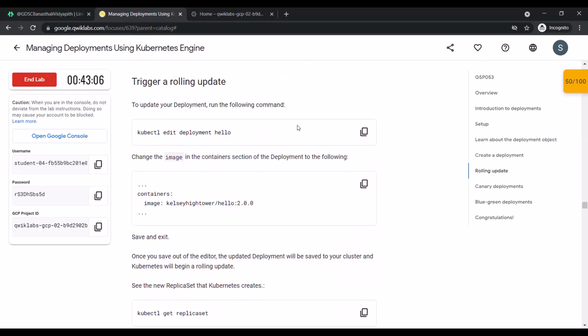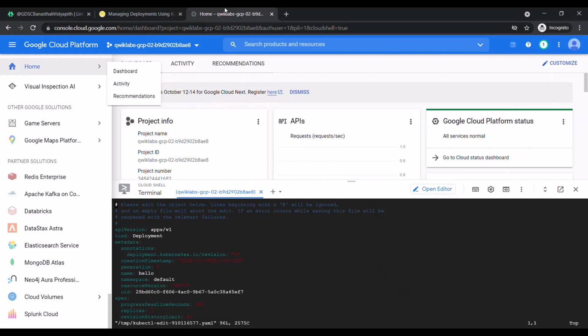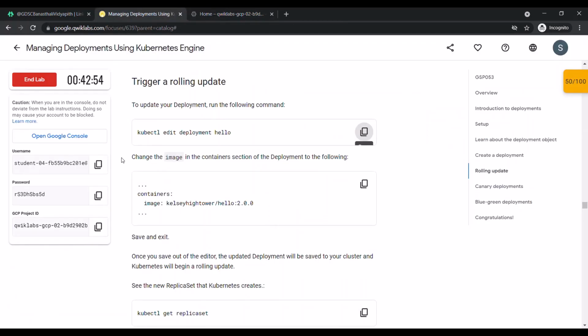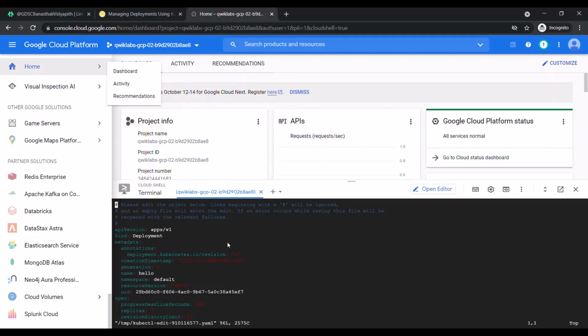Now to update our deployments, we need to run the following command. Copy this command and see. Now change the image in the container section of the deployment to the following. Now we need to again change the image to 2.0.0 from 1.0.0. So we'll again come back and see the image.